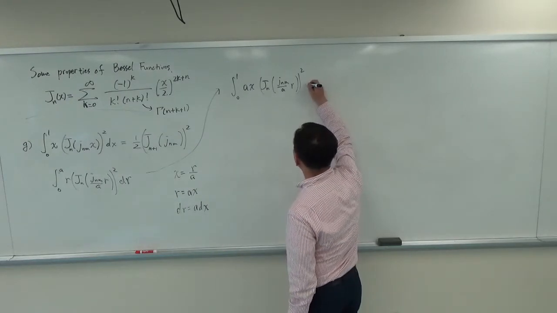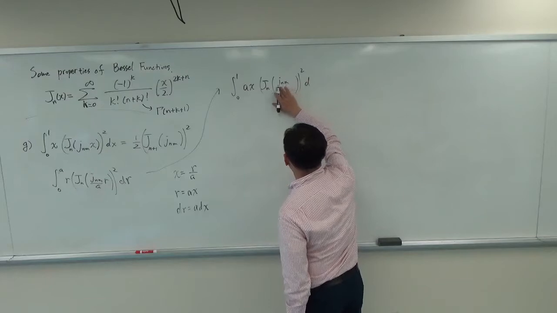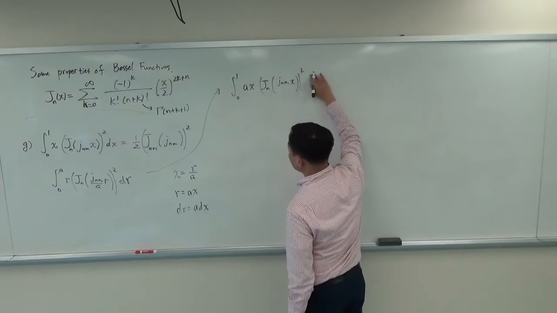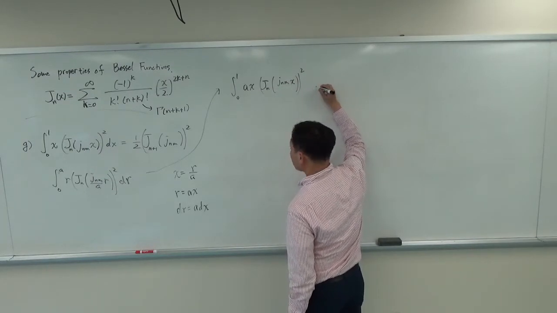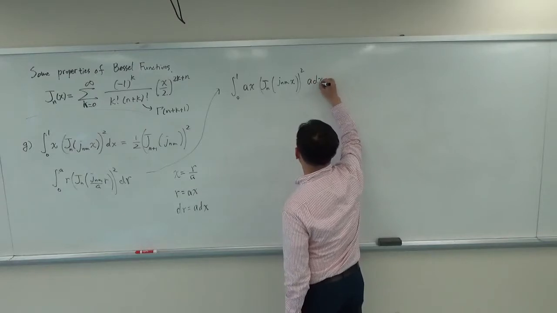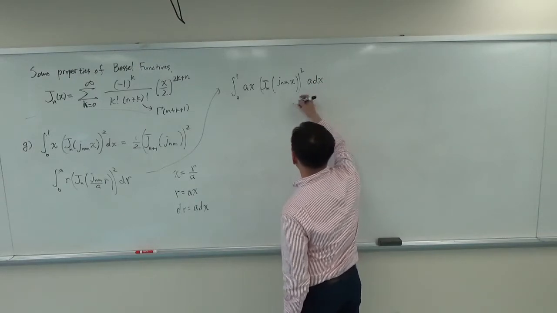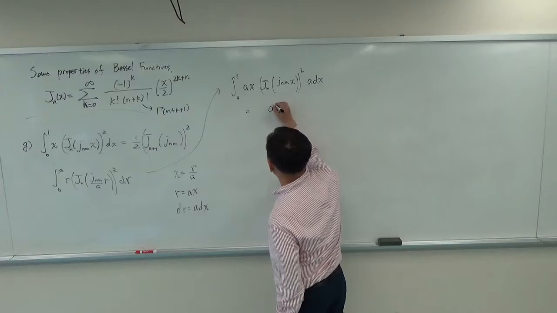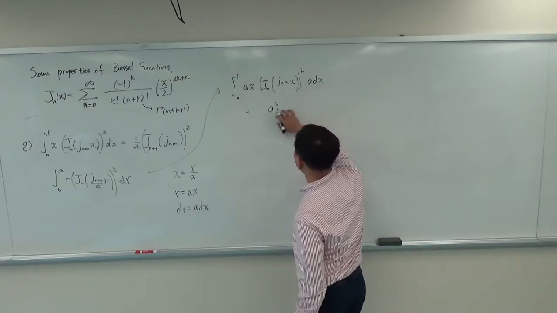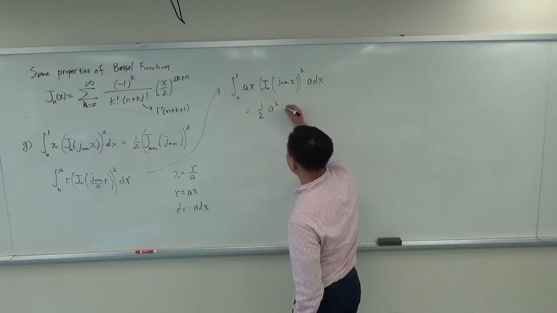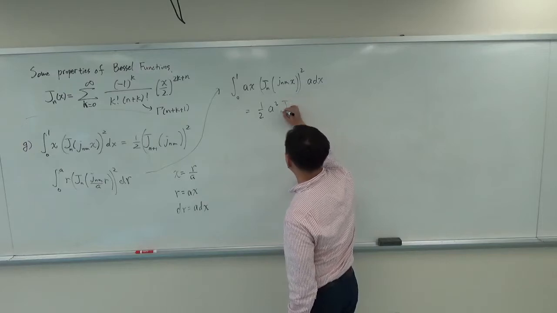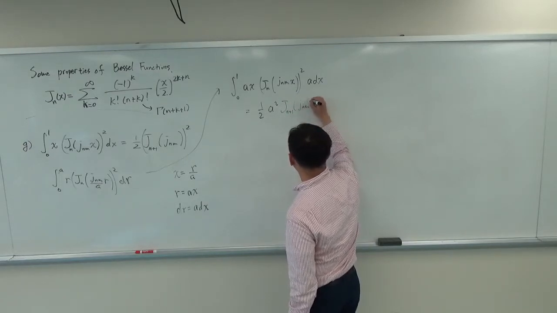And this will be x. And then dr would be a dx. So you get a squared out. You have an a here, you have an a here, a squared comes out, and you have 1/2 a squared J_{n+1}(j_nm)